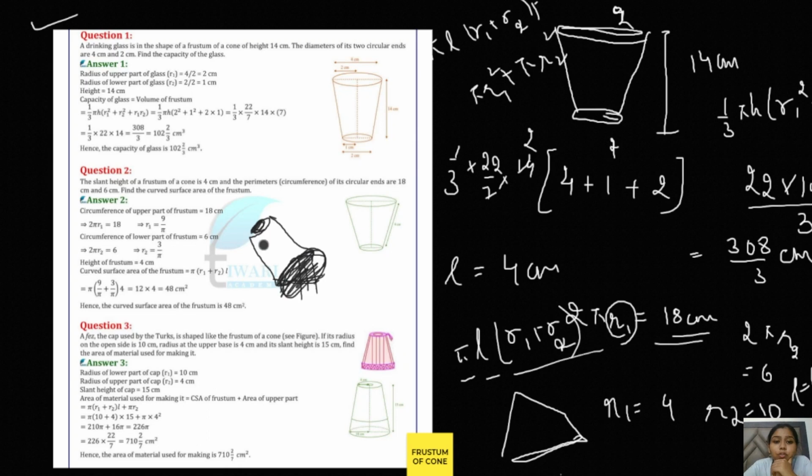So in the formula, we have to take the curved surface area, that is pi L (R1 plus R2), and we have to take the top of the hat, which is pi R1 square. So we don't have to take pi R2 square. Why? Because when you imagine the hat, it is covered from one end, while the hat is open from the other end. You have to think a little bit about this also.